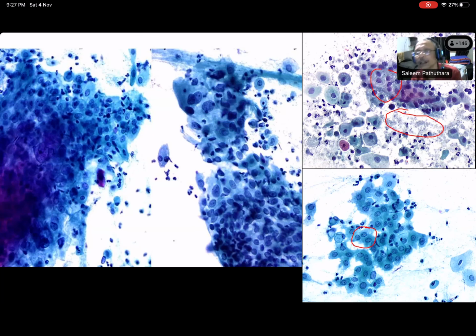This is known as blue blobs in atrophy. See the cells without a nucleus, they become cellular bits. So they are known as atrophy, senile atrophy, basically blue blobs. So you can see many singly occurring cells, many sheets of parabasal cells. The nuclear details are very, very clear compared to the previous one.